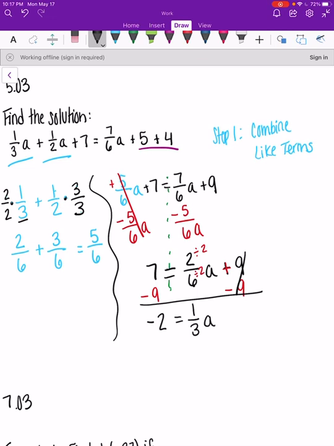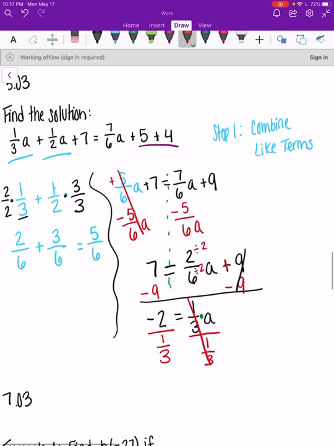Now we have one more step. We almost solved for a, but a is still technically being multiplied by 1/3. So we need to do the opposite of multiplication, and that is divide. So I'm going to divide both sides by 1/3. So these go away. Now dividing by a fraction can be a little tricky, so please pay attention here. I have -2,